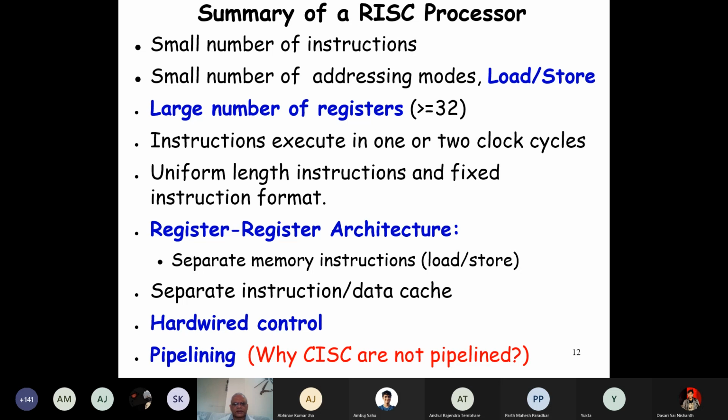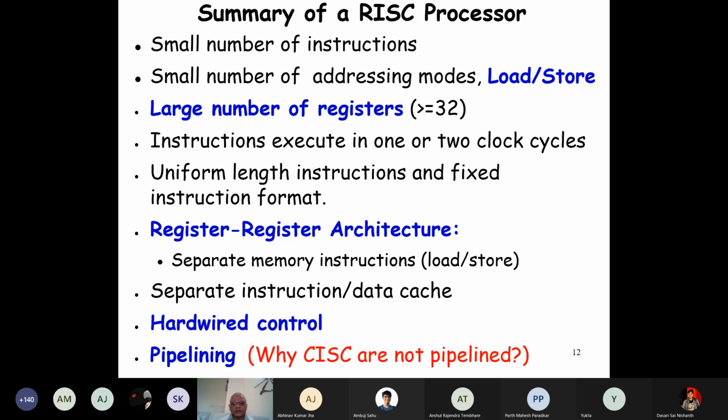And the other thing is that instruction access is typically sequential, whereas data access is more random. If we mix them up in the same cache, then it creates difficulty. We'll see later that to have an optimal cache, we need to separate them out into two different caches. And that is there in all RISC processors. We'll get a clearer idea why we have separate instruction and data cache. But all RISC processors have two caches, one called the instruction cache and the other called the data cache.